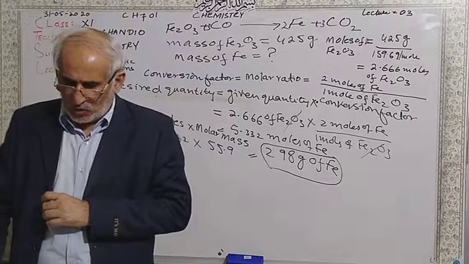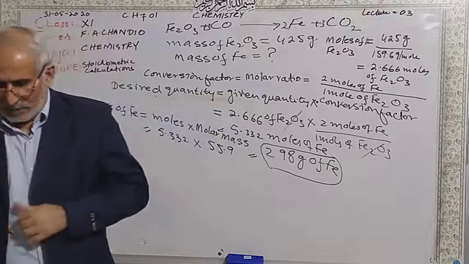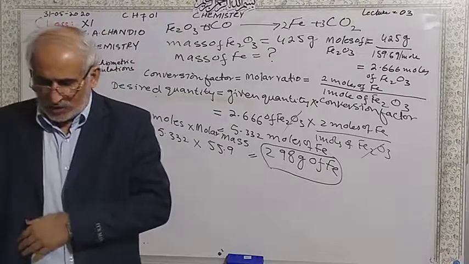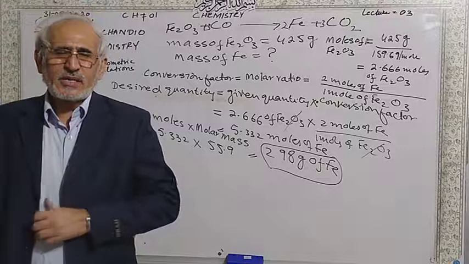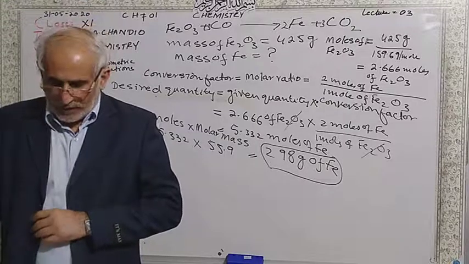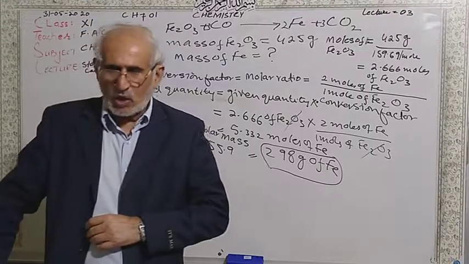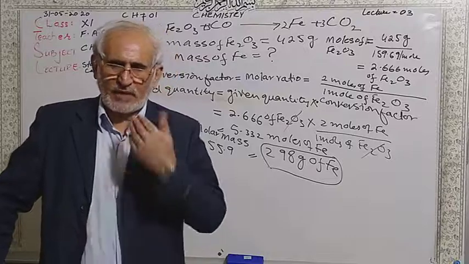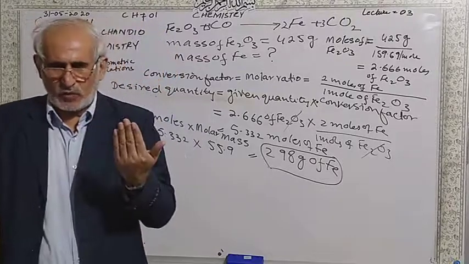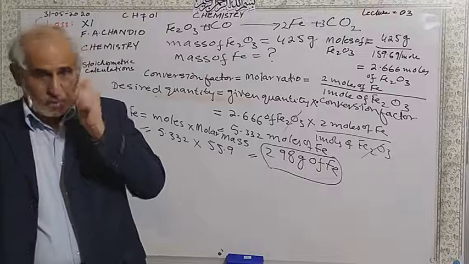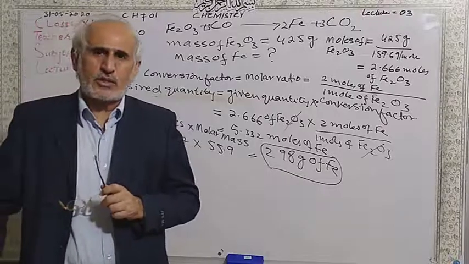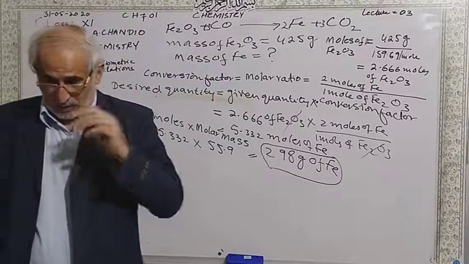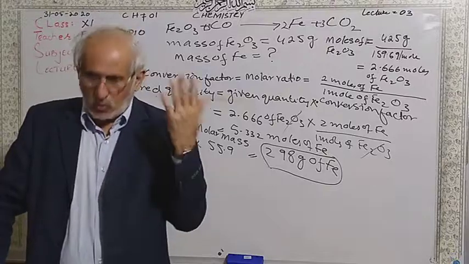The main engines of the US space shuttle are powered by liquid hydrogen and oxygen gases. The mass is given as 1.02 × 10^5 kilograms. I'm just going to give you a hint and you have to solve it yourself at home. So you have to change kilograms into grams first. So multiply by 1000.